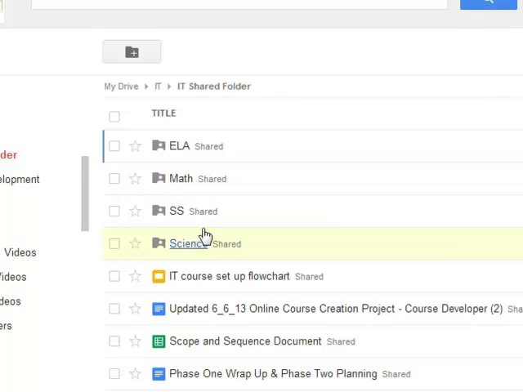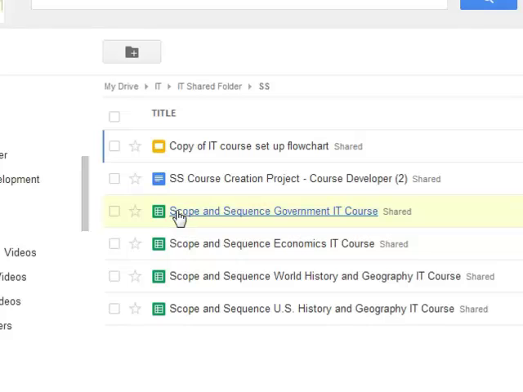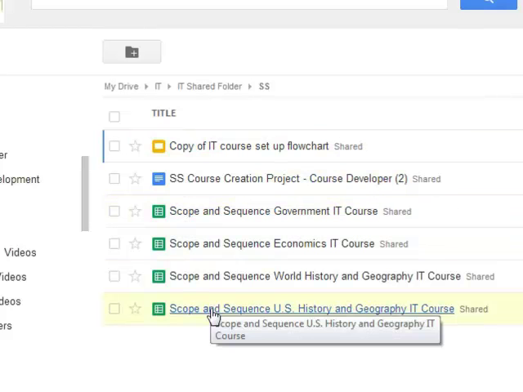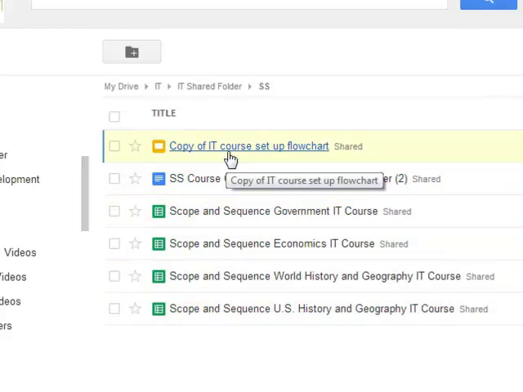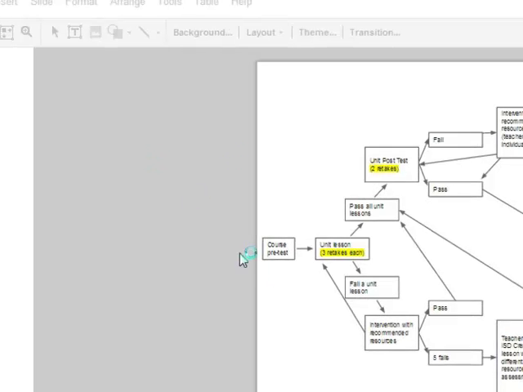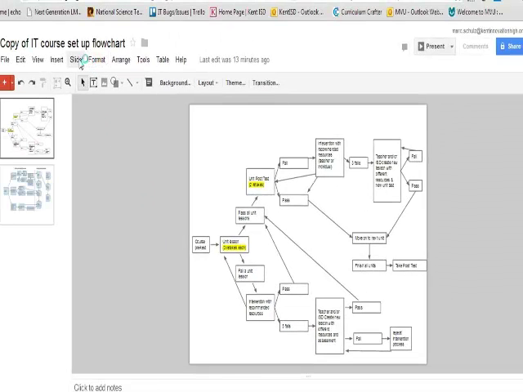But if you were to open one of those folders up, we'll start with social studies. Inside that folder there's several things you can look at. This here, if you are a flowchart person, you're welcome to look at it. You don't have to, though, if you don't want to. The first slide, I just wanted to bring to your attention, is